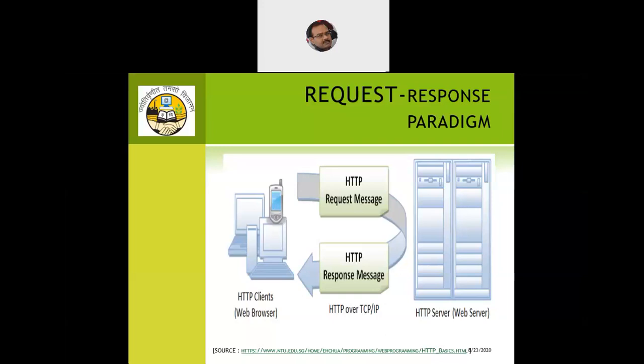Now, the client will always send a request to a server, so we also use the words that the server listens to the client request. When we do programming, we use the word listens. The server is continuously running on a 24 by 7 basis, and the server is listening to the client requests. When I'm listening to somebody, I need some mechanism where I receive the request. So the server will open up a port, the port number 80. That is a dedicated port for receiving HTTP-specific client requests.